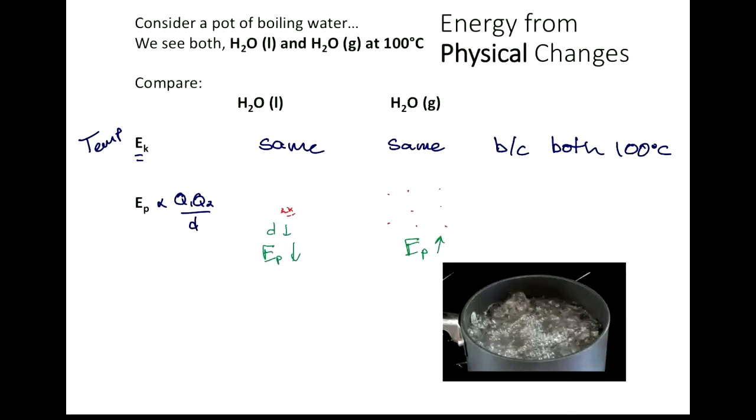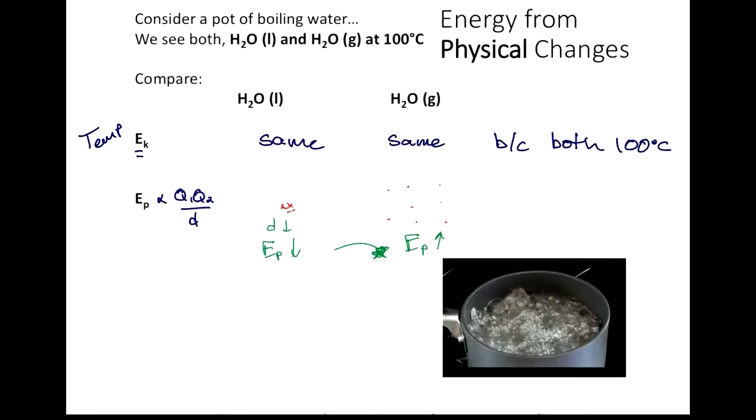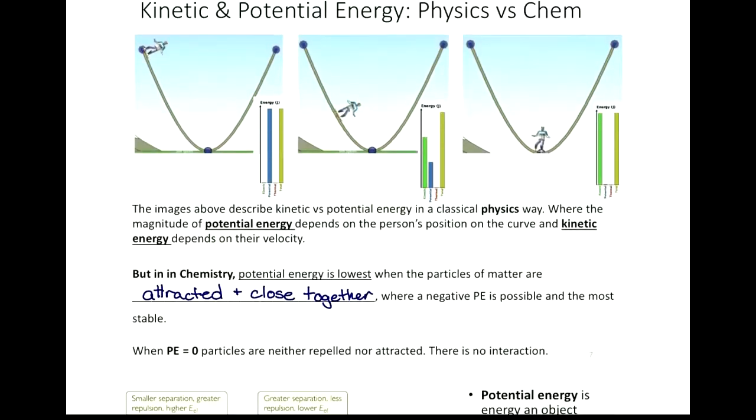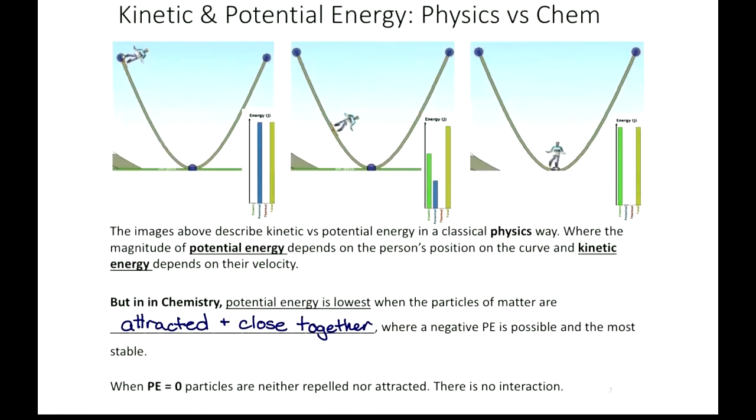Because water only boils at 100 degrees Celsius on Earth, all the energy we're putting into it is going towards potential energy, changing the distance, a liquid to a gas. So those are the details for something as simple as just boiling water, all right? And the idea of energy. All right, so let's talk about